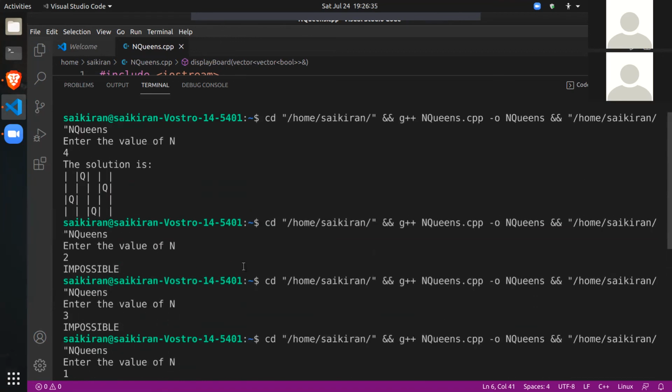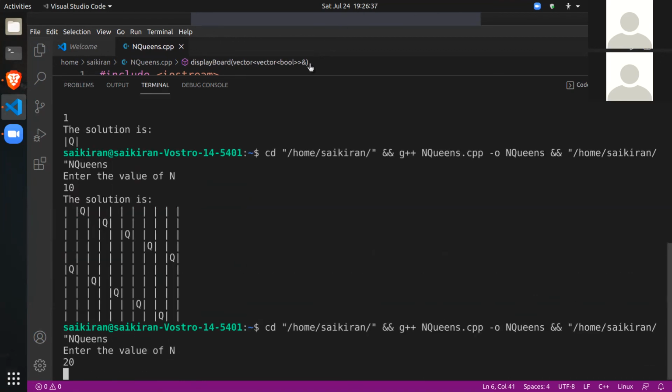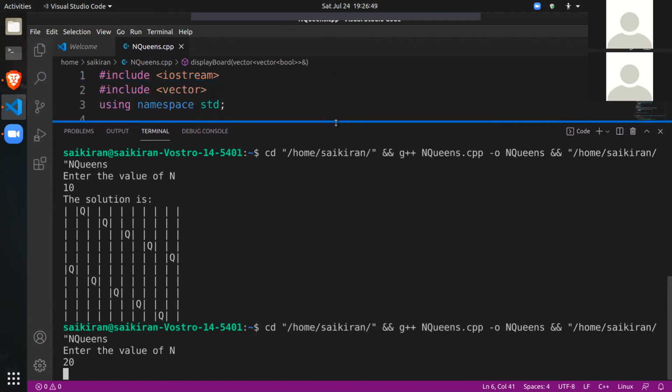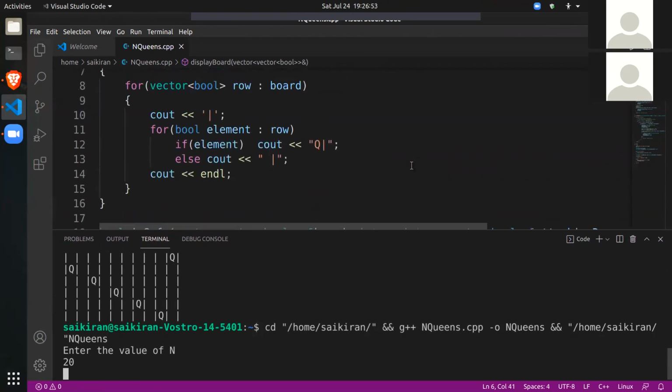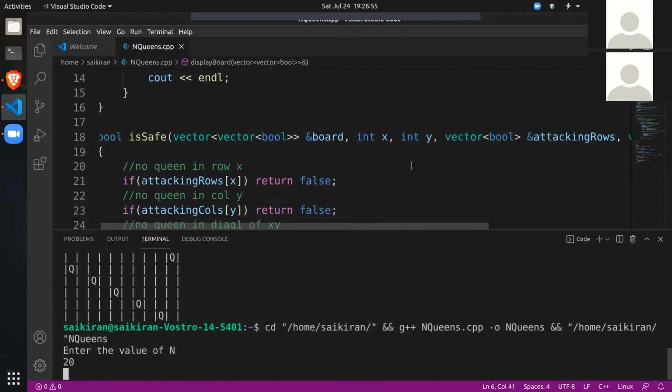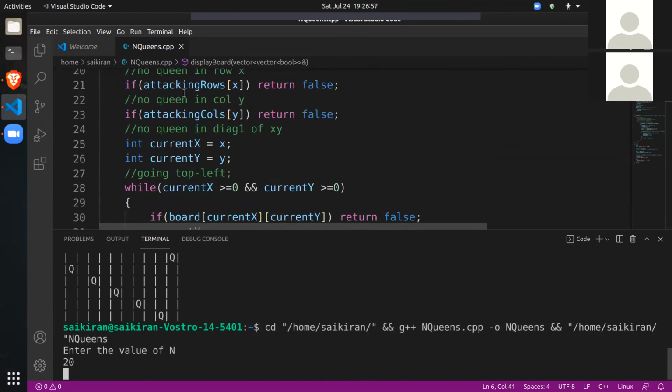You guys can figure out the time complexity for this because see, time complexity does not exist for a problem, it exists for the solution. And time complexity depends on how you implement a solution. So our implementation's time complexity may be different from somebody else's because it depends on how they implement it. We tried to make it as efficient as possible by using this array here, attacking rows, attacking columns.